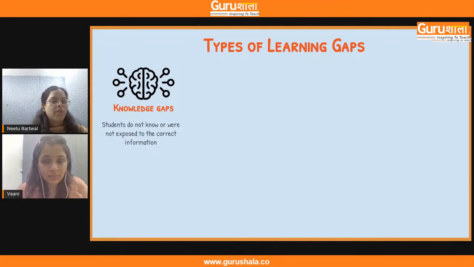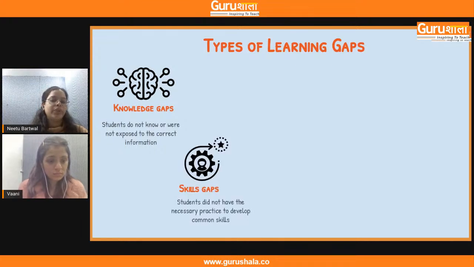So when we talk about the knowledge or learning level of students, we generally talk about, like Vani just mentioned, that if a student is at the age of 7, he should know certain things. There are certain elements which are expected from the student. So if the student is not able to explain or express those things, that is what we call knowledge gaps. There could be different reasons for this knowledge gap, and one is that students were not exposed to the correct information, which also brings knowledge gaps among the students. So that is obviously one point.